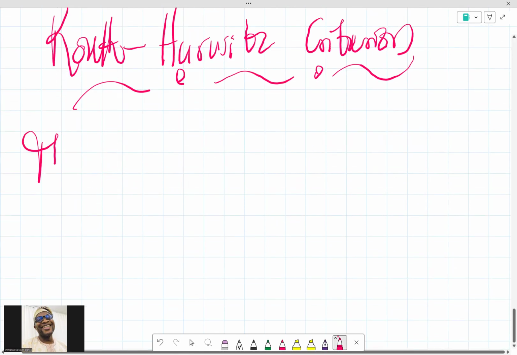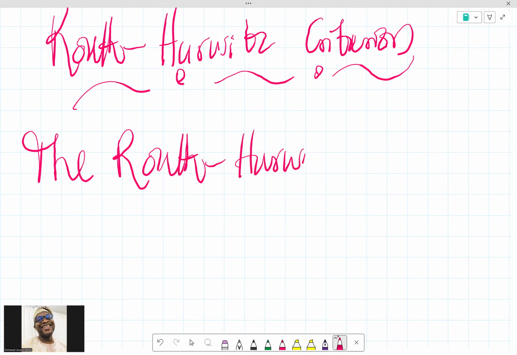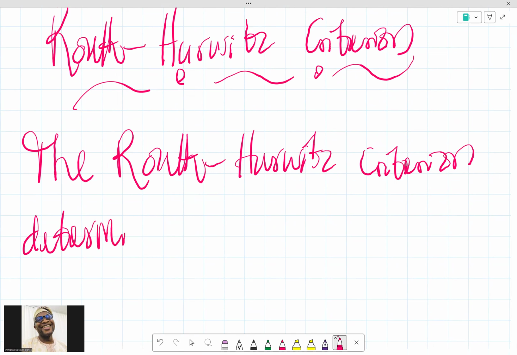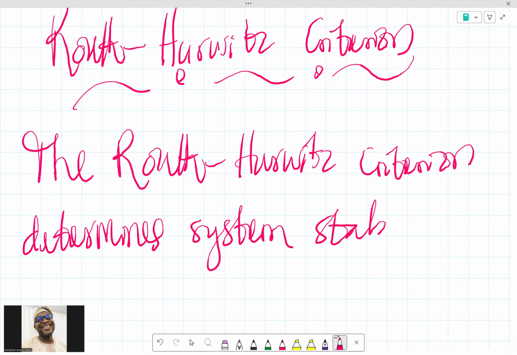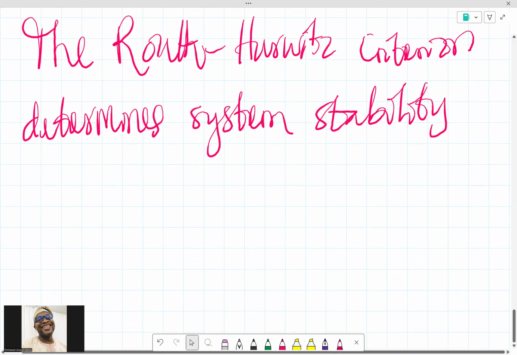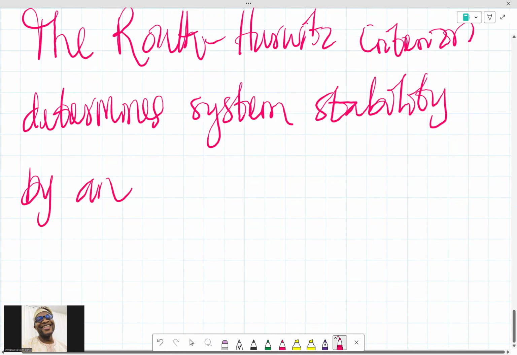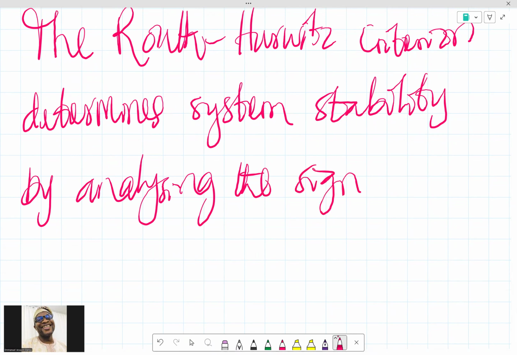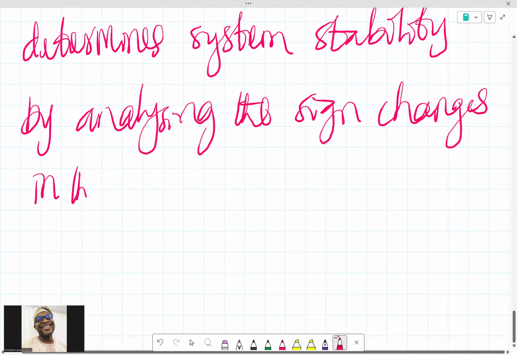Okay, so the Routh-Hurwitz criterion determines system stability by analyzing the sign changes in what is called a Routh array, in the Routh array